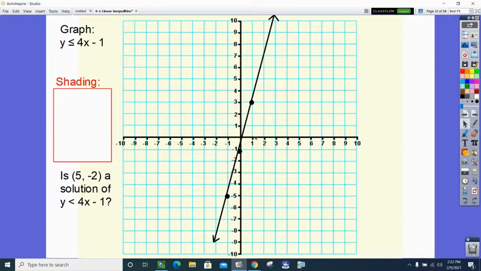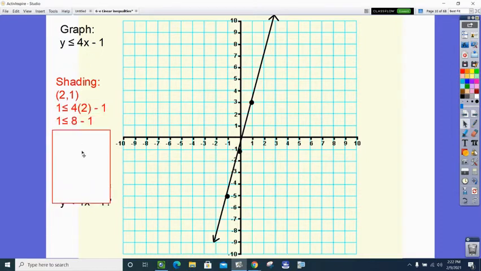Now, the next thing I need to do is check the shading. You're going to notice here that I didn't use the origin because it looks so close. It doesn't go through it, but it looks just so close. So I picked the point (2, 1) over here because it was far enough from the line. 2 goes in for x, 1 goes in for y. I checked it, and when I put that point in, I get 1 is less than or equal to 7,